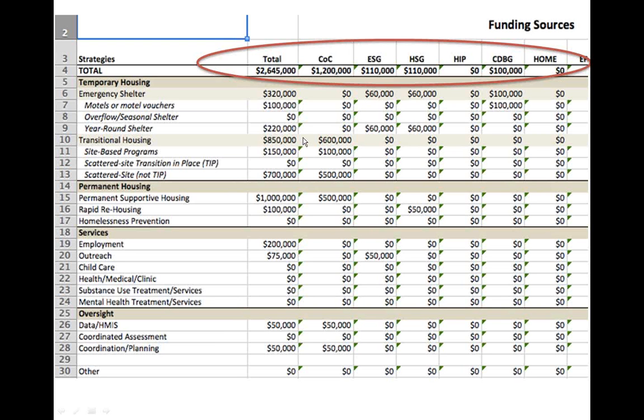We don't expect this to be down to the dollar, and we don't expect people to hire an accounting firm to allocate their funding to the various strategies. The intention is to just have a pretty good general sense of where resources are going